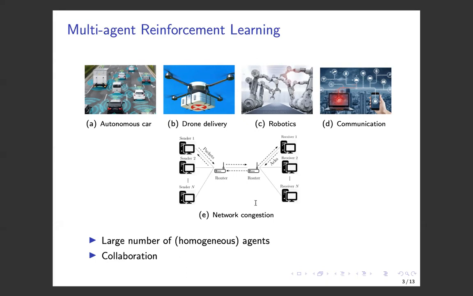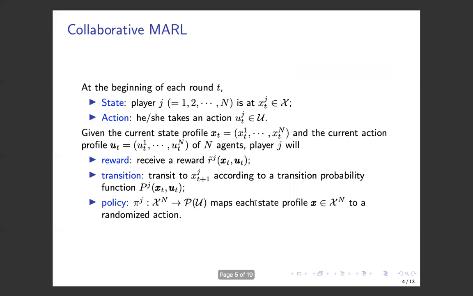In all these scenarios, we notice that there are a large number of agents interacting with each other, and they are collaborating with each other to fulfill some common goal. This gives us the motivation to define the collaborative MARL. In this setting, we have a group of agents, and at each round, they take actions. Based on the population state and action profile X and U, they will receive rewards and transit to the